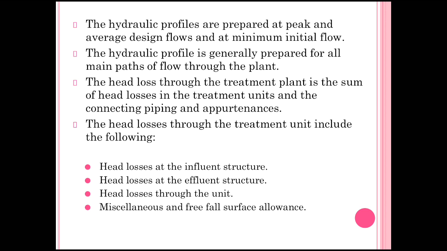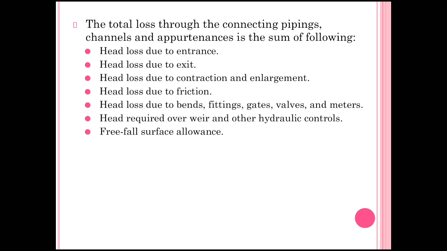Now the last one: the head losses through the treatment unit include head losses at the influent structure, head losses at the effluent structure, head losses through the unit, and miscellaneous and free fall surface allowances. The last one is the total loss through the connecting piping, channels and appurtenances, which is the head loss due to